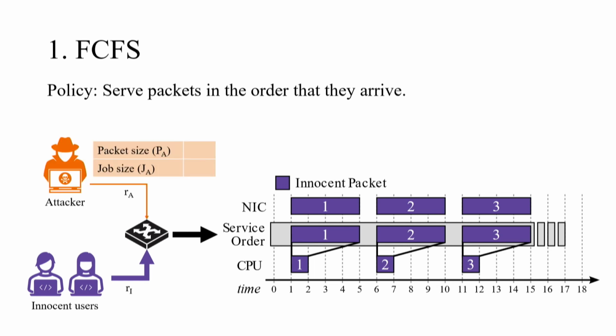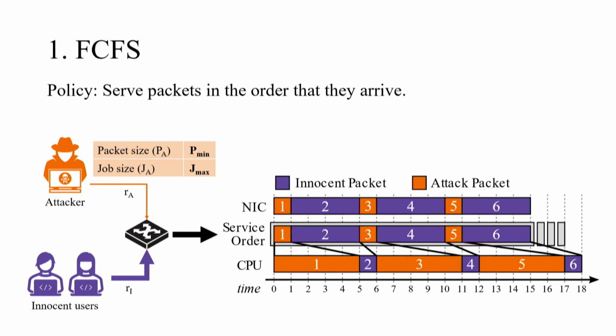Now consider an attacker who wants to attack this policy. An attacker might realize that the optimal strategy against FCFS is to use minimum size packets, thereby maximizing their packet rate, and in conjunction, use maximum job sizes in order to maximize their work per packet. Overall, this induces the maximum amount of work in the system. So this is what the system state might look like when we mix in attack traffic. We have these orange attack packets, which don't actually consume a lot of NIC bandwidth. However, they expand on the CPU side, causing innocent traffic to be displaced.